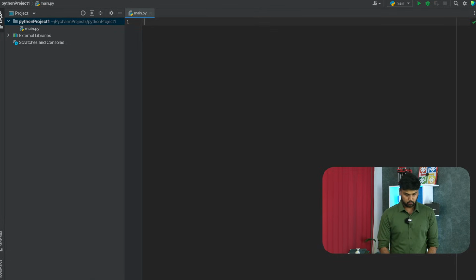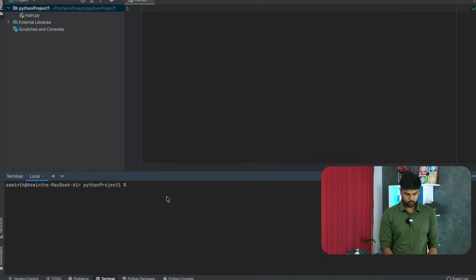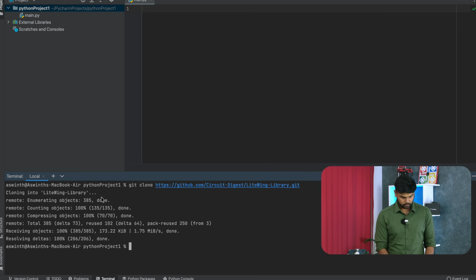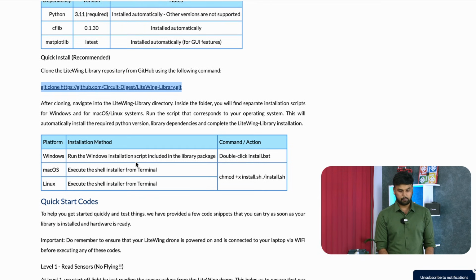So here I am on a new project on PyCharm and I'm going to open my terminal over here. And in my terminal, I want to just paste this command and click on enter. You can see we are cloning into the repo. And once that is done, we have to go back to the documentation and you can see various commands given